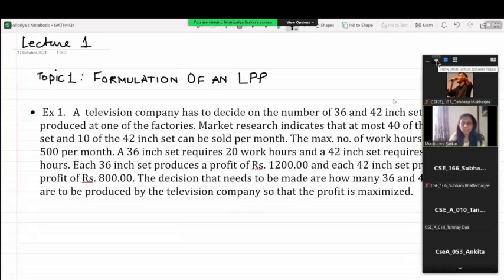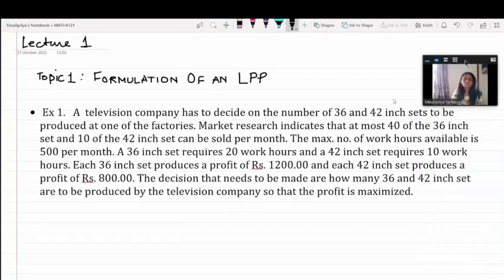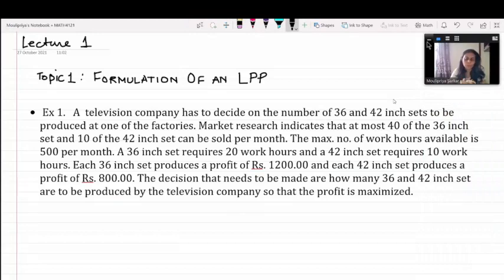We will be talking about how to formulate a linear programming problem. We all know that